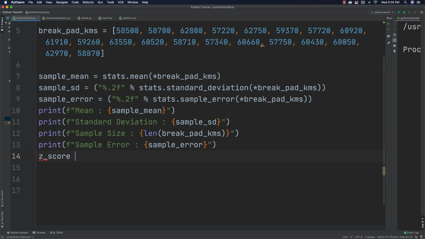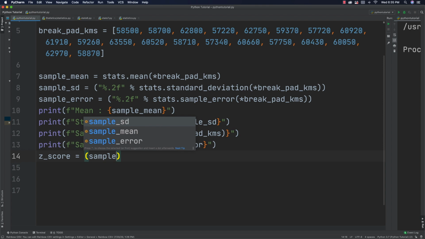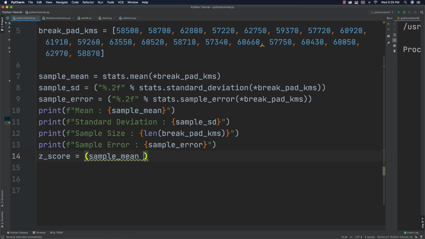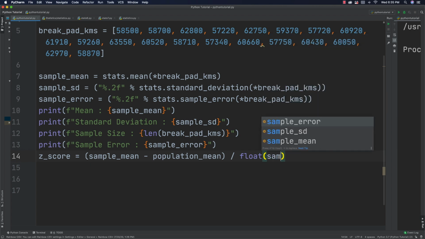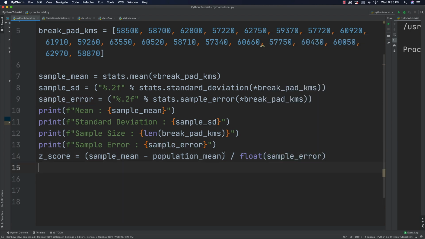And so the z-score is going to be equal to, and to get it, we go and get our sample mean and subtract from it our population mean. Then we're going to have to convert our sample error into a float. So sample error. And then we can go and print out the z-score. So we'll go z-score